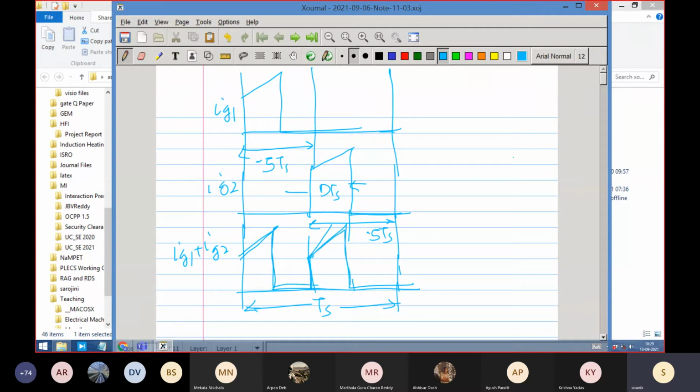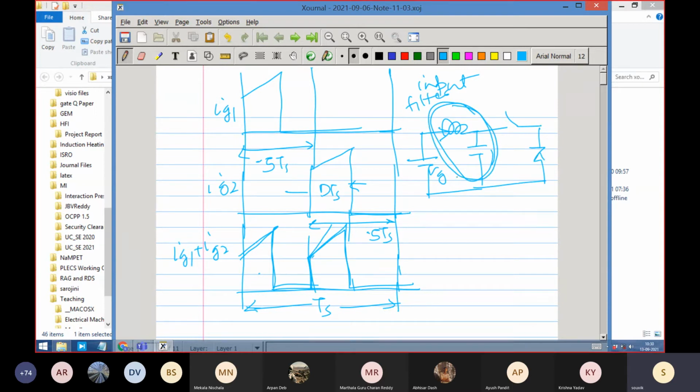Now, as such, in this circuit, there is not much advantage for that. But in real life, you will not use a source like this. Here we are thinking that this source current is discontinuous. But in real life, the actual source will have a filter here. That means a buck converter has an input filter, which I am not showing because it is not essential to the operation of a buck converter. So this filter will get an advantage if it gets this current instead of double the IG1 current.